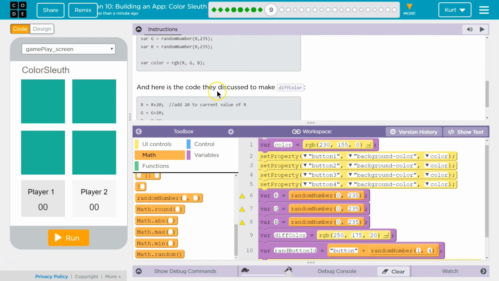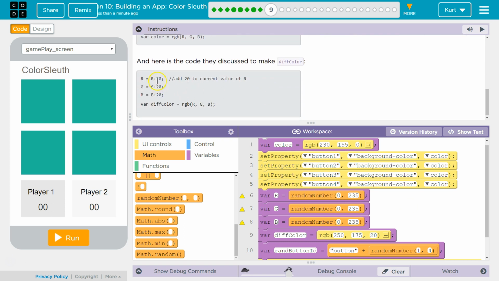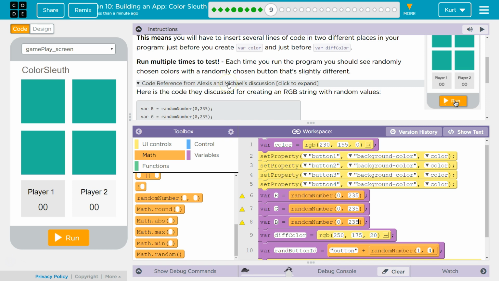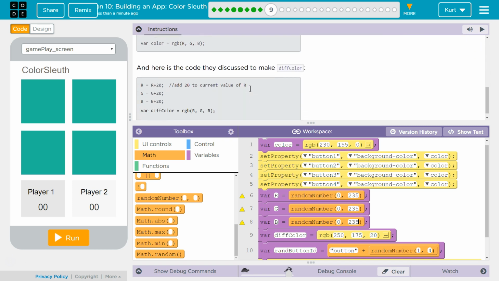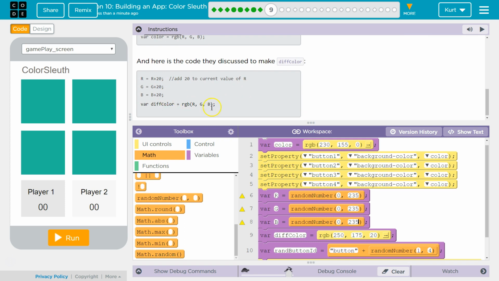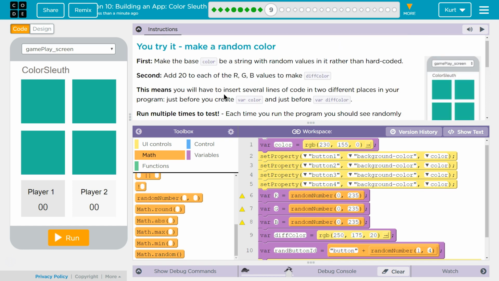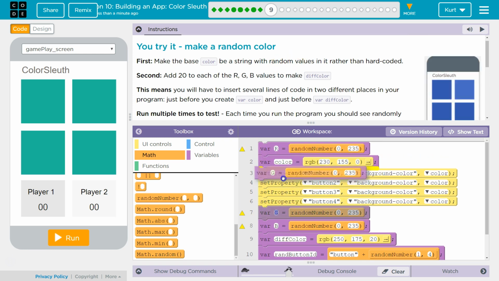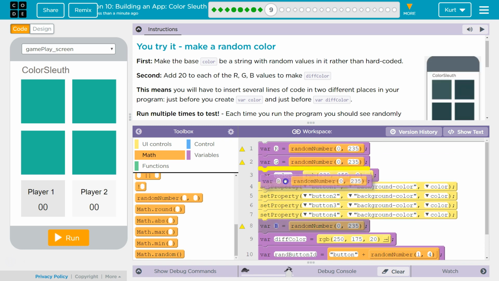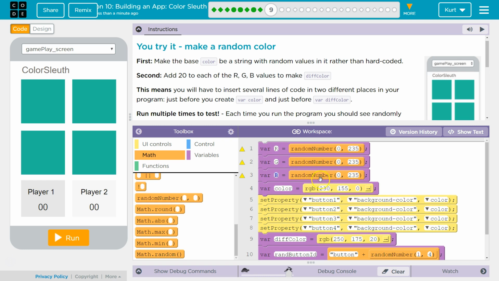And here is the code they discussed to make the different color. Yeah, okay. And then they reassign the value. Got it. So we're going to put all of this up here because it's going to need to be used here as well. So now for our base color, RGB,